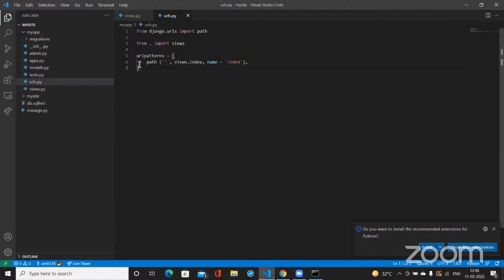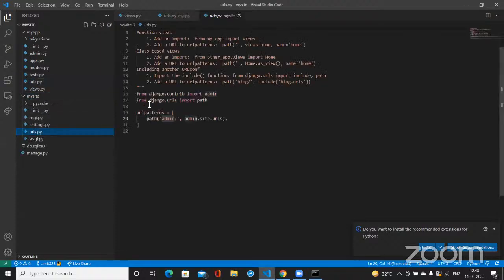Now this whole urls.py should be integrated into our main project, right? The main project is here. The main URLs are mentioned here. Now we will connect this URL file with our actual main urls.py. We are doing this because for a large scale application, you will be able to